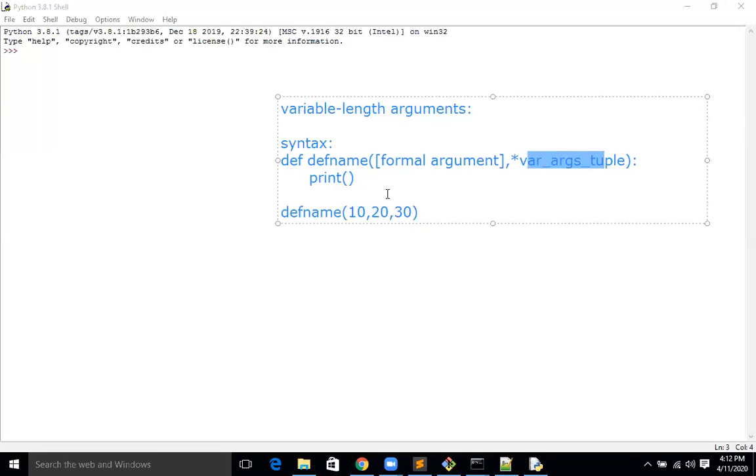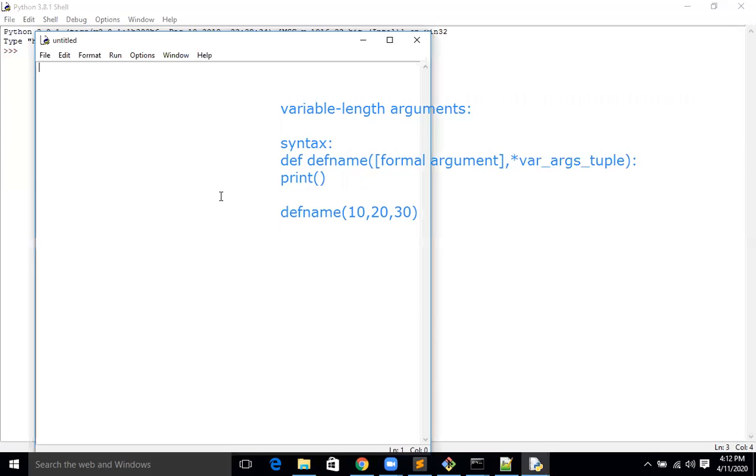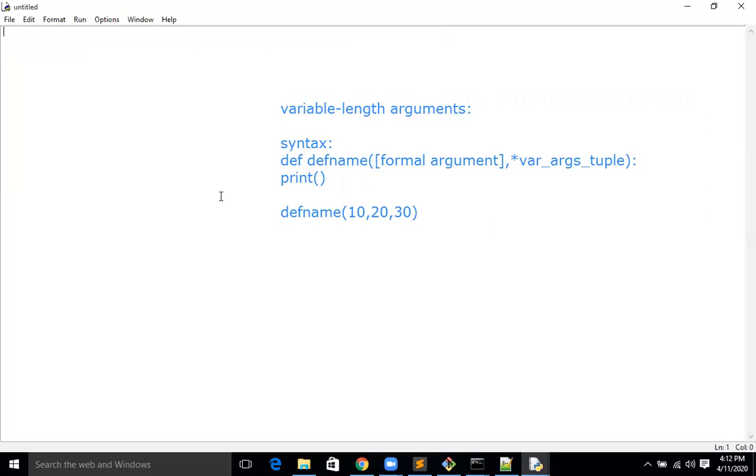Okay, let's see the example. I'm taking a new file. Now I'm taking one function definition, print info.